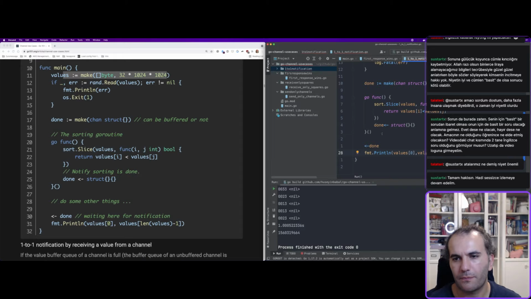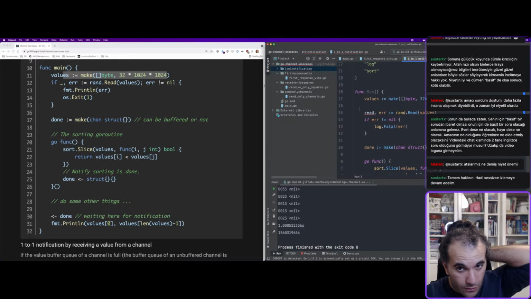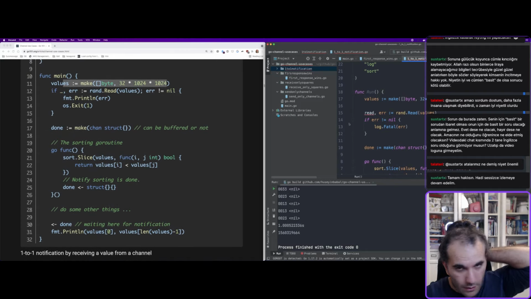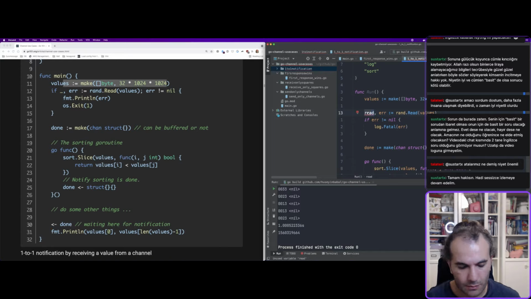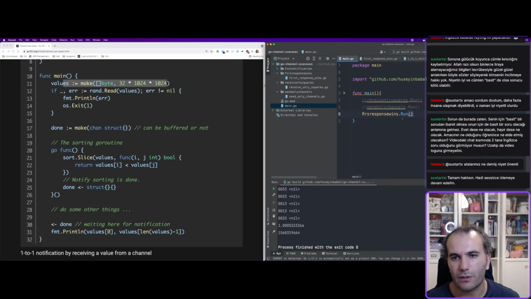Okay, let's try to run the function first, but where do we use this read? We don't care about the value of this read. In the main function I will comment this one out and say